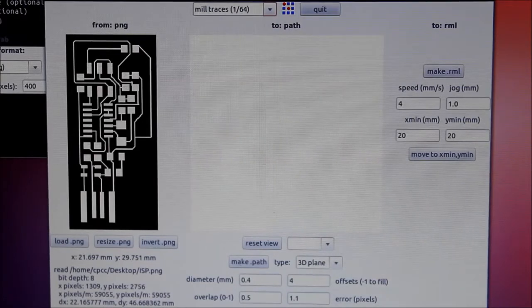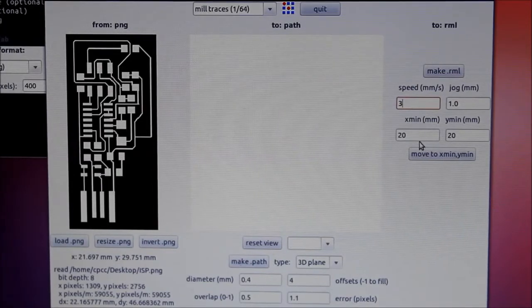Down here at the bottom, we're going to change the Z depth to 0.15 millimeters. And because we're going deeper with our Z, that's the plunge depth, we're going to actually slow our speed down to 3 millimeters per second. I'm going to adjust my X-min and Y-min. These are our offset values. I'll mention that a little bit later when I move to the machine. But right now I'm going to go with approximately 100 millimeters in the X dimension and 1 in the Y